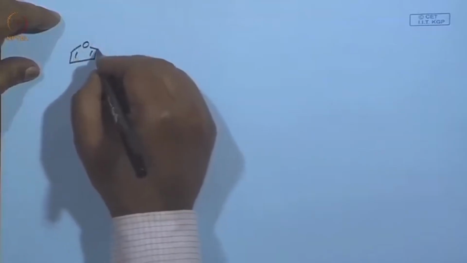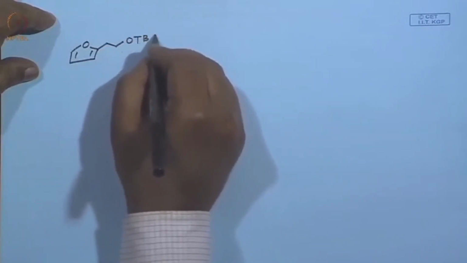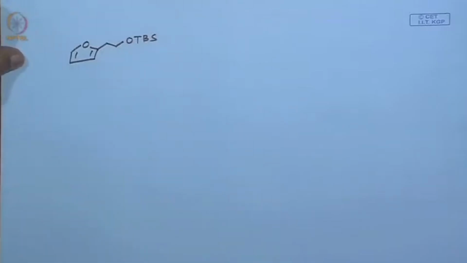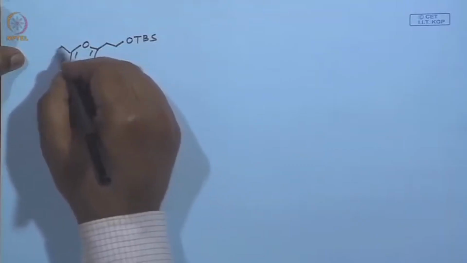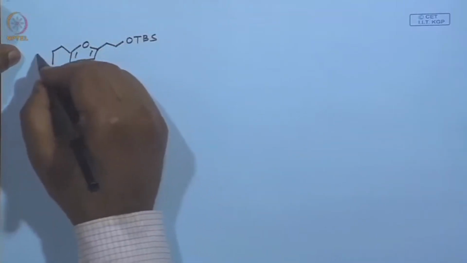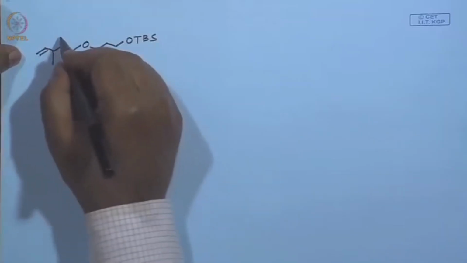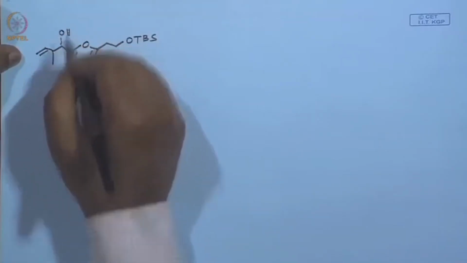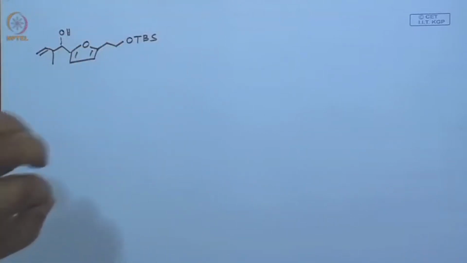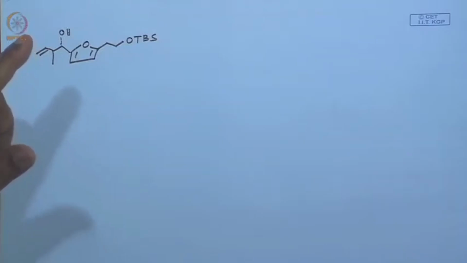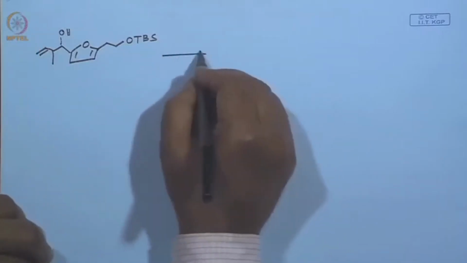Here is a furan, then you have a side chain with TBS, tertiary butyl silane, and on the other side you have again a side chain, mind it, you have now an OH group up here. So, it is not a furan carboxylate, it is a furanyl alcohol. Okay. And then the reagent here,